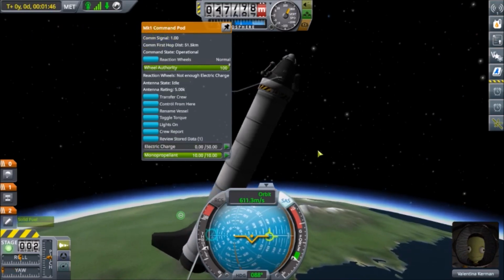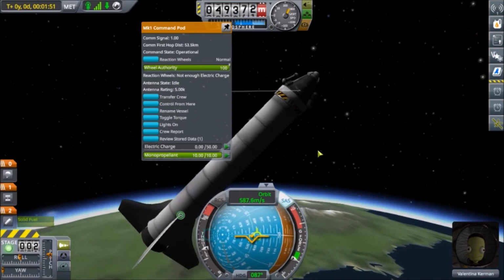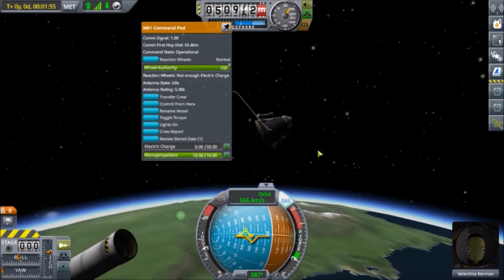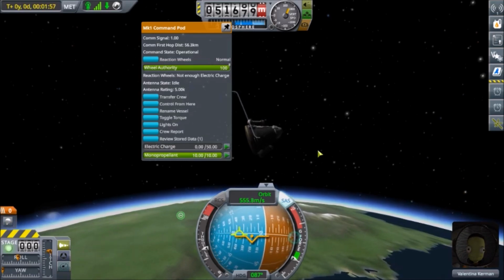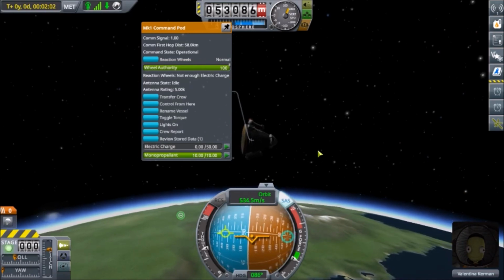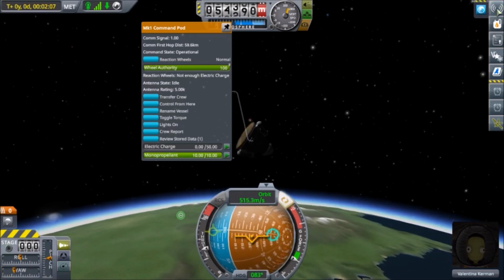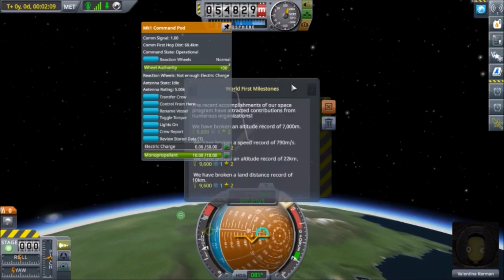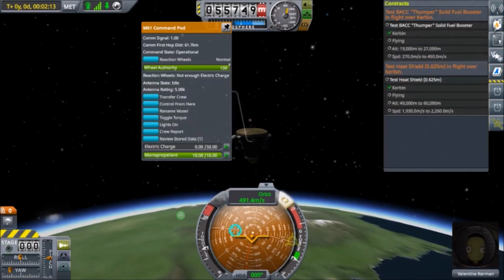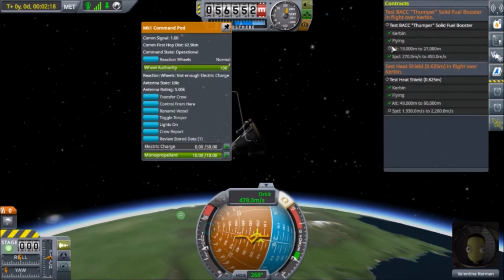Oh hell, we got no electric charge left. This is not good. I hope we can deploy the parachute or Valentina's kind of screwed. All right. Let's get rid of that. That's our dead weight. Which, I don't know if we successfully tested. I think we did. Oh, we got world's first. Yeah, we got a bunch of world's firsts here. Okay, great. That's our electric charge. Ah! Oh, damn it! We didn't fully...